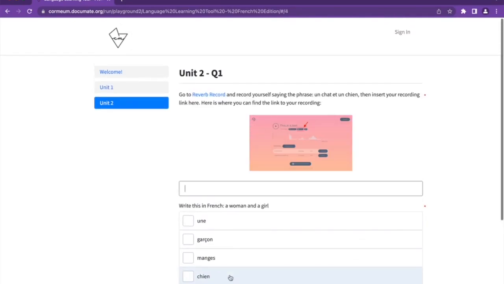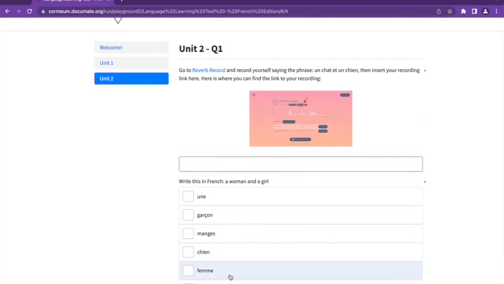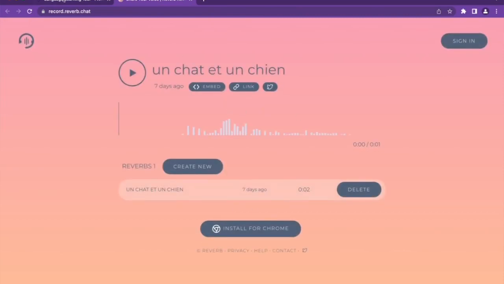Now let's go on to the next question, where there are 2 parts here. The first is go to Reverb and record yourself saying the phrase "un chat, un chien," which means a cat and a dog. Then insert your recording link here. Here's where you can find the link to your recording. So I have them go over here and make a recording,